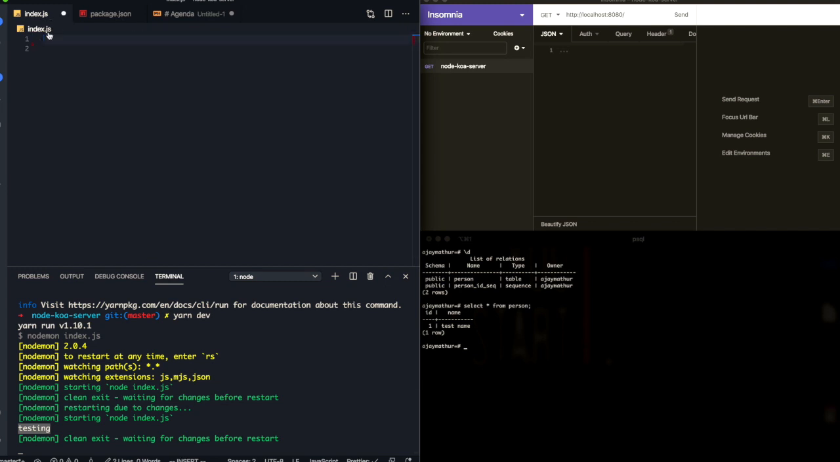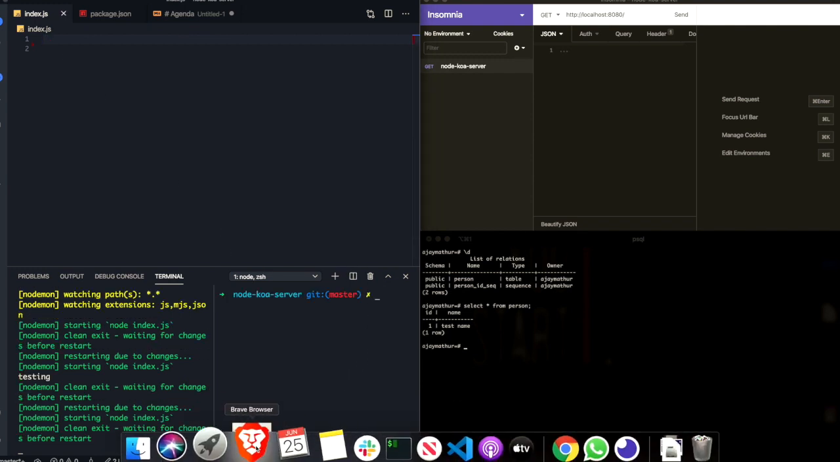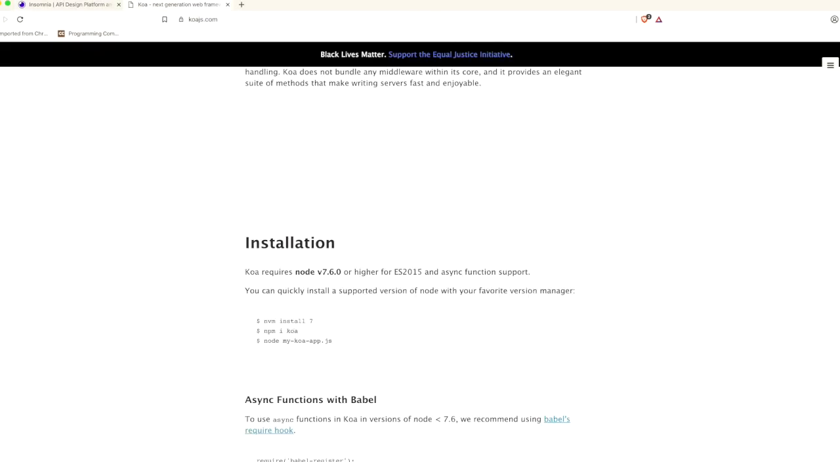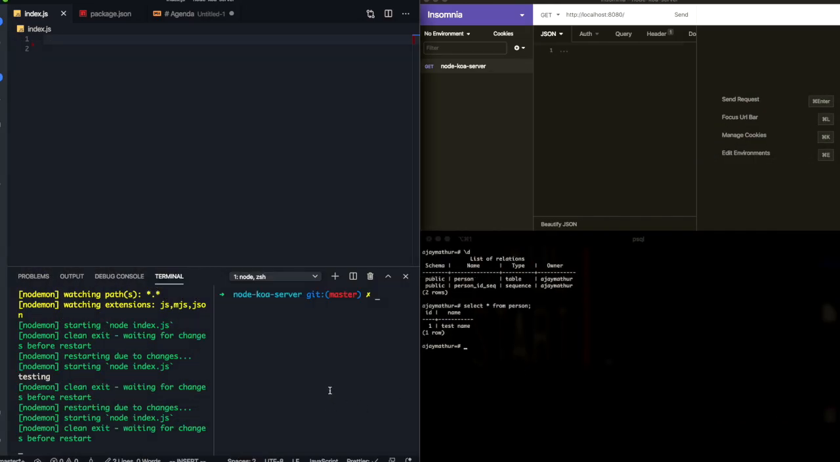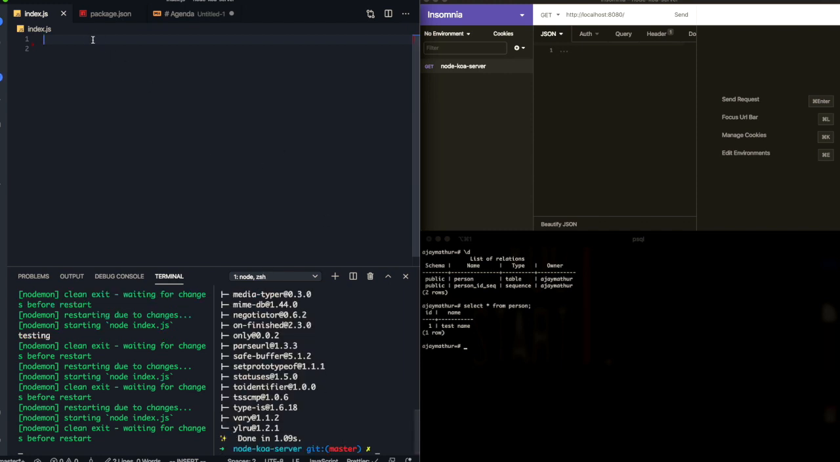To get started with Koa, let's install Koa first. We can see on its website the way it gets installed is npm i koa. So koa is the package name on npm. We can just do yarn add koa. Cool. It got added, and to build a really simple server with Koa, we can import the Koa class from the koa package. So it's imported. Let's create an instance,